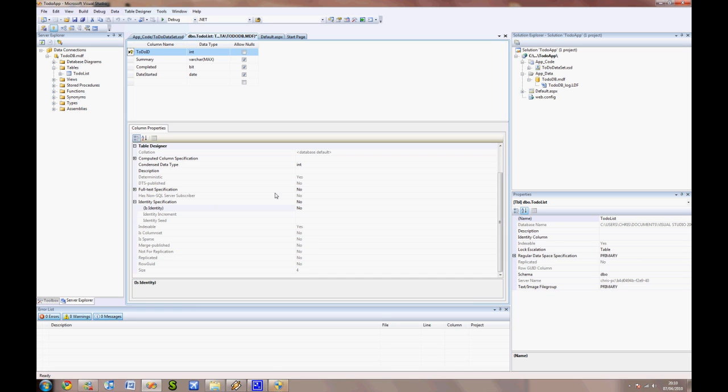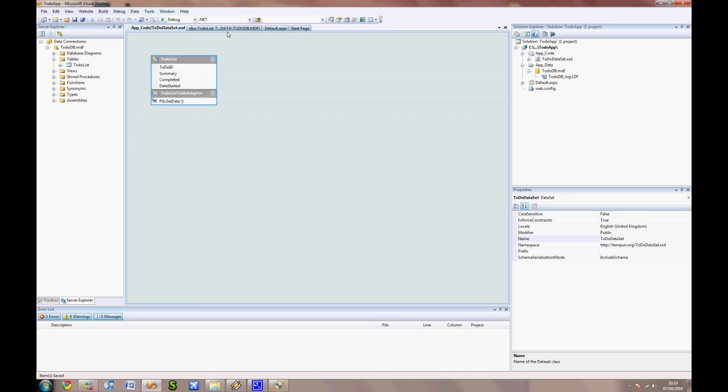I don't want to do that manually, so we can do this automatically by going into the column properties and selecting identity specification. You need to open it up and set is identity to yes. What that does is it keeps on incrementing the number by 1, making sure that the primary key is going to be unique all the time, every time you insert a new record. Right, so we're going to save that,